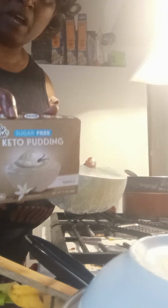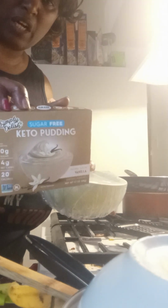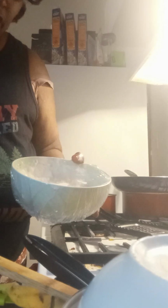I got this at Food for Less, but they sell this in all grocery stores. It's called keto pudding, and you just put you some little bananas on there or something. You know, if you're eating berries, you can put berries, but we're not eating up of bananas. Well, he's eating bananas. And that's for him